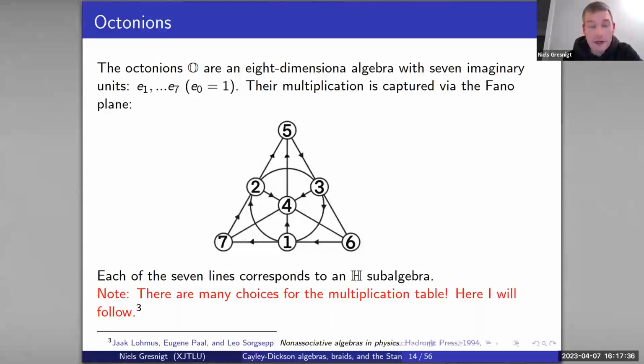Now, I should mention here that the multiplication table that I'm using is actually a little bit different to the one that, for example, Cayley-Dickson or Nicole Fury use. They seem to like using a different one. So different authors seem to have their own preference. There's different multiplication tables you could choose. I quite like this one.